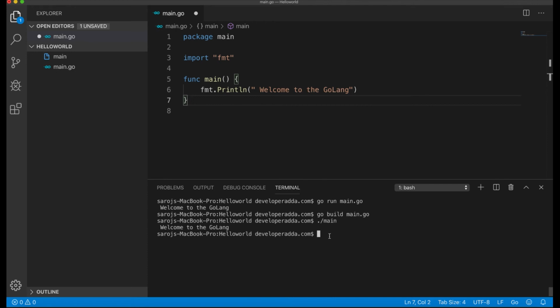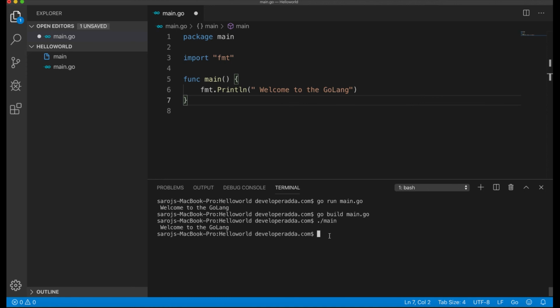So guys, in this video we learned the use of go run, go build, go format, go install, go get and go test. I'm repeating everything. Go run is used to compile the Go files and immediately execute the code. Go build compiles the file and creates an executable file so that we can use it on any operating system.